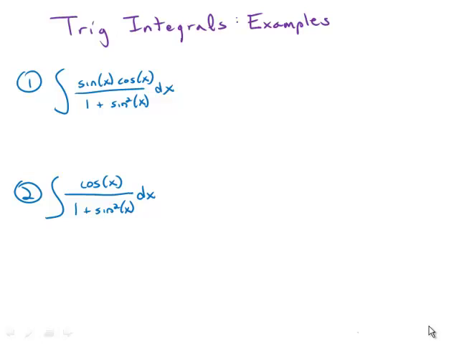This video shows two more examples of trig integrals, in particular two that start out looking very similar but take very different paths. So in this first integral, sine x cosine x over 1 plus sine squared x. And there's no identity that simplifies 1 plus sine squared x, so we have to just deal with that denominator